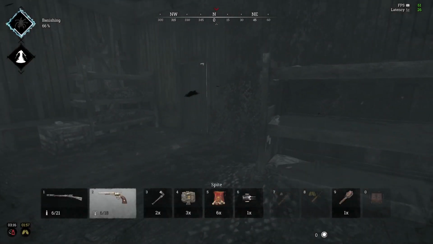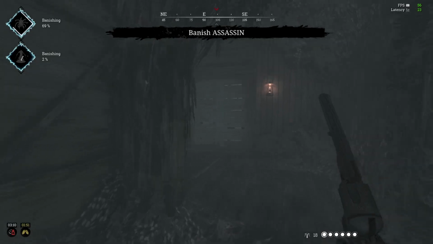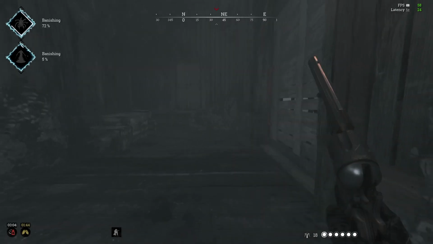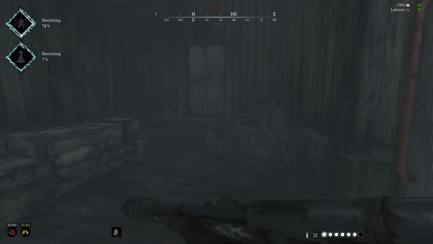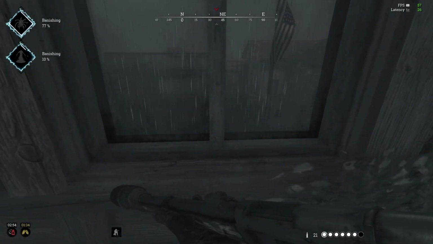Nice easy assassin kill, and as soon as we get the kill, it's already red. Yeah, so it's heavy raining, so obviously seeing outside, especially through these windows, is really quite hard. So I'm mainly going for the listen to try and work out maybe where